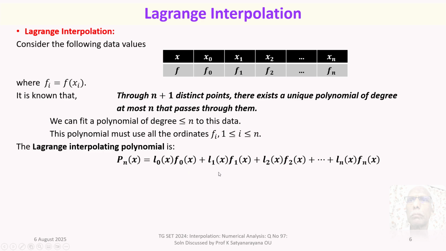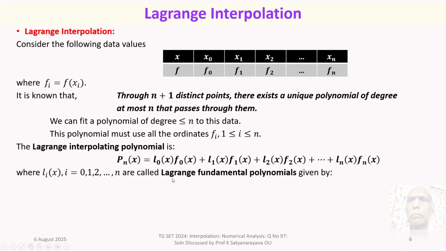We know f0, f1, f2, fn, but what are these L0x, L1x, etc.? These Li of x, i equal to 0, 1 to n, are called Lagrange fundamental polynomials, and they are given by